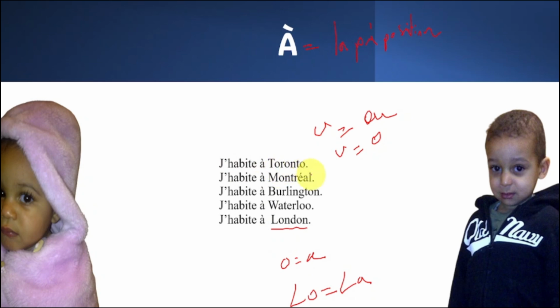J'habite à Toronto. J'habite à Montréal. J'habite à Burlington. J'habite à Waterloo. J'habite à London. Now, I'm going to explain to you guys the other way of saying in French, because sometimes some French people, they want to mix English a little bit to sound more sexy, okay? So,